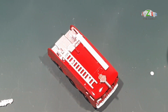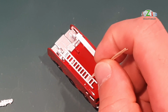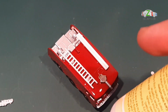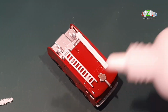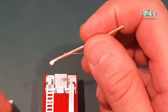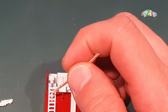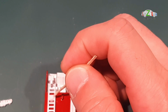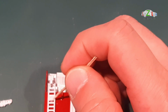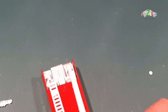And I have a toothpick, so just make this smooth. So we don't actually, I'm gonna add a little bit more to the back as well, just in case. There's some plastic there, but I don't want to fill this up too much. I just did, so I will remove some of the glue. But anyway,